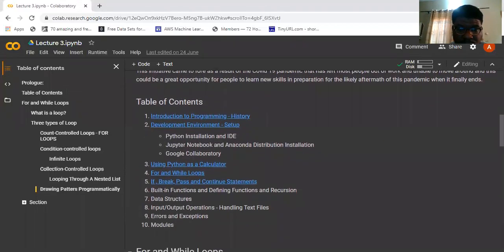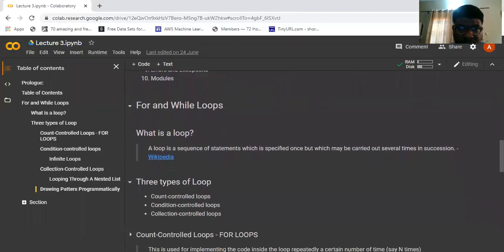So let's start. What is a loop? A loop is a sequence of statements which is specified once, but which may be carried out several times in succession. So in programming, there are some things we would want to do that would need a loop. Take for instance